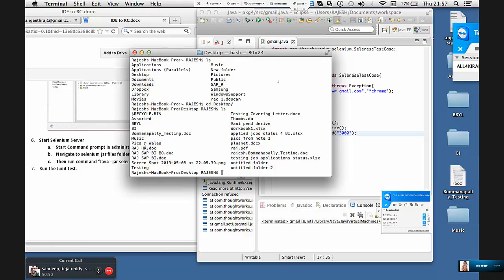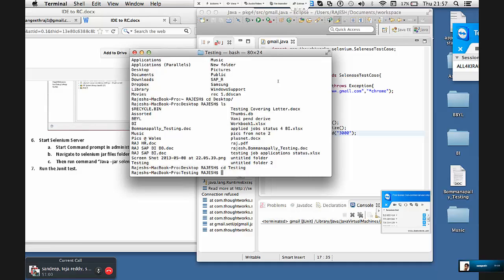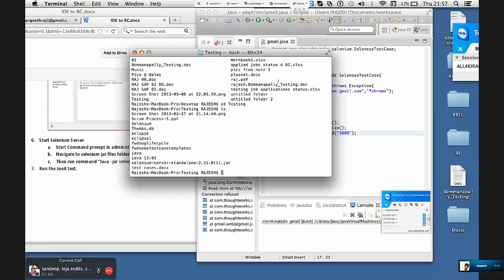Now what you have? Testing folder. Testing folder do you have? Yes, I know that. CD capital T and yeah, enter. Now ls. Selenium, I guess, right? Selenium. Yeah, go to Selenium, capital S E and tab. Yeah, enter.